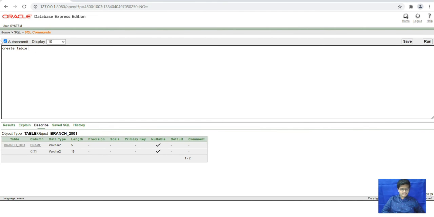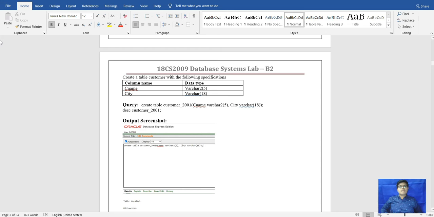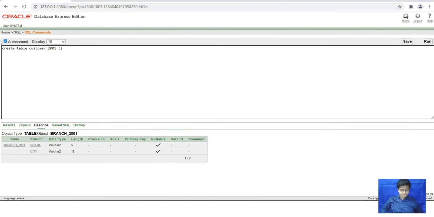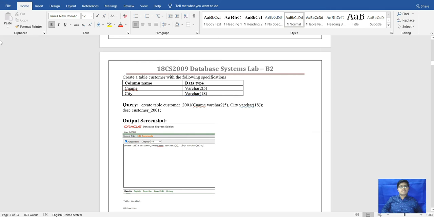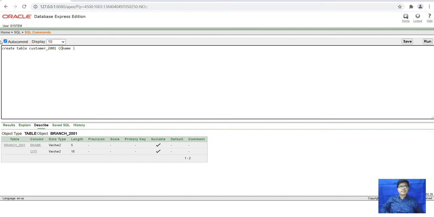Create table customer, having C name, varchar2 of 5, and city of 18.